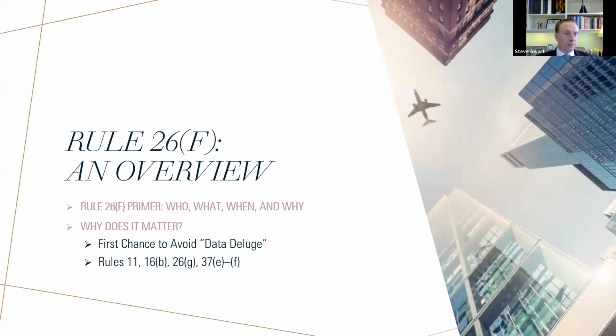And here we have, why does it matter? What everybody wants to know. Why do I care? And to me, it really is the first chance to avoid the data deluge. And that's in quotes because that's what Justice Breyer called it in 2007 at a Georgetown Law Symposium, dealing with the data deluge. Goodness, that's almost 20 years ago already. So if it was raining then, it's pouring now. So Julian.